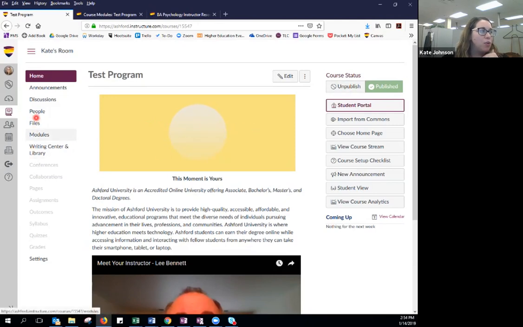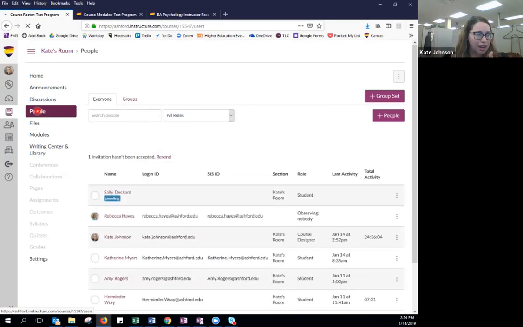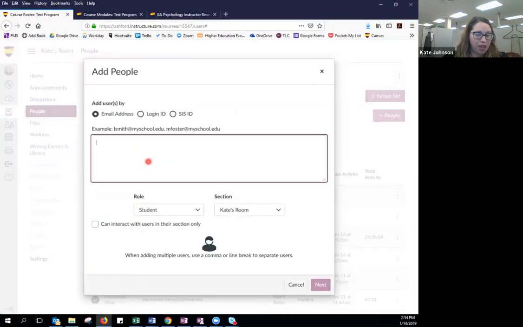So then we're going to go over to people. We're going to add some of our people on. Now, when I show you my dropdown, it's going to show more options than you have, but bear with me. So again, we click on the navigation, we come over here, and it offers us a little box so that we can add people. So go ahead and hit plus people, and we're going to add